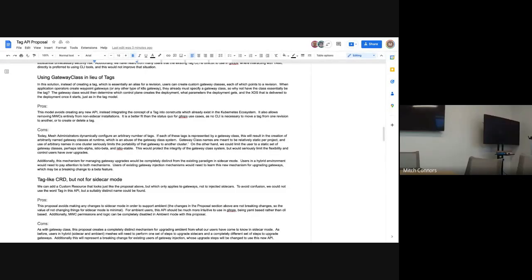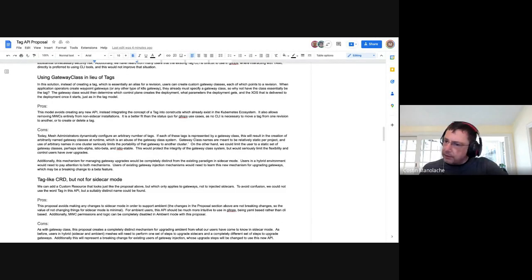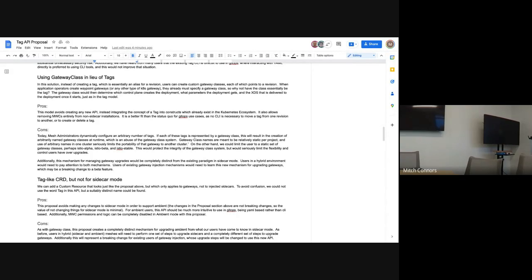Costin, as soon as we expose this to users, we are committed to supporting it. It doesn't matter if it's a CRD or a config map or a file that we mount on Istiod. Users are going to need to interact with this on a regular basis, and changing it will break them.